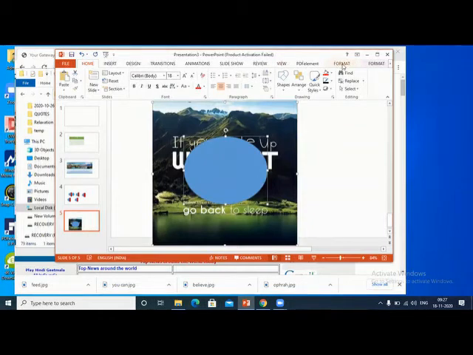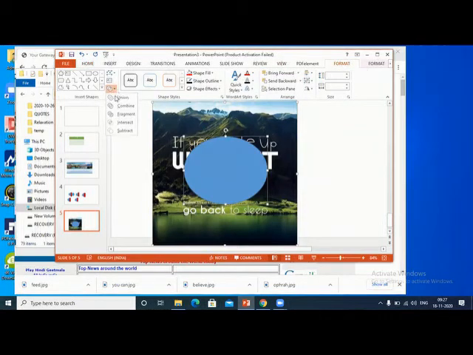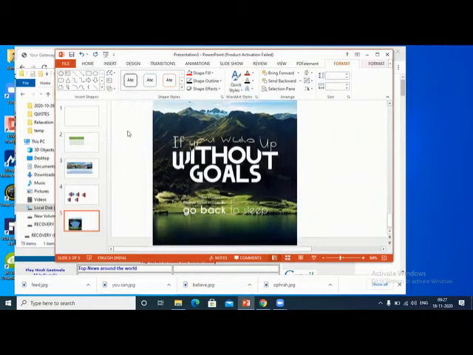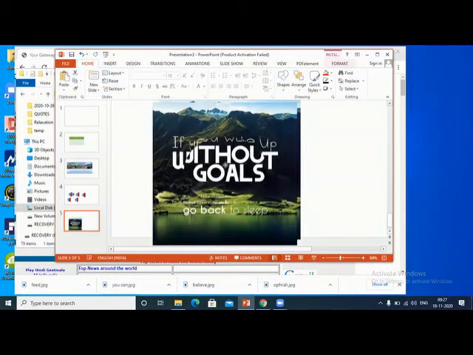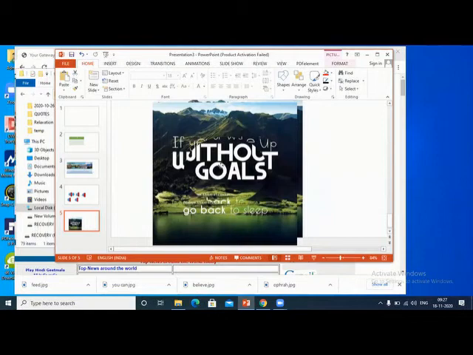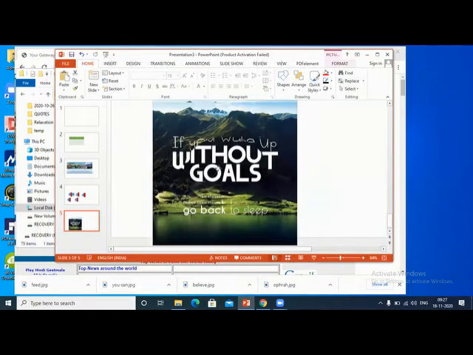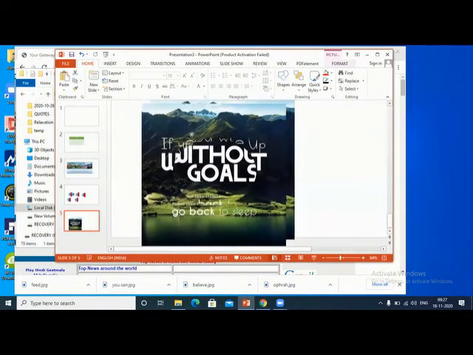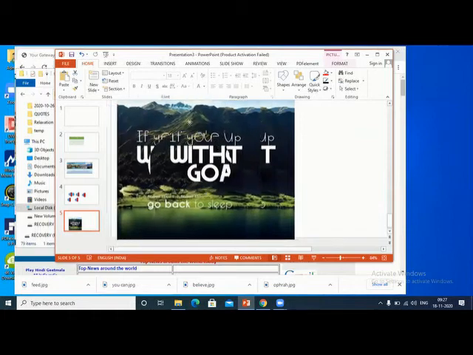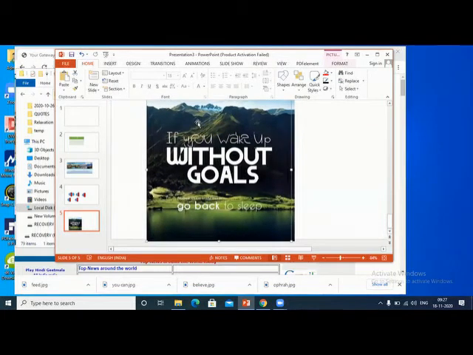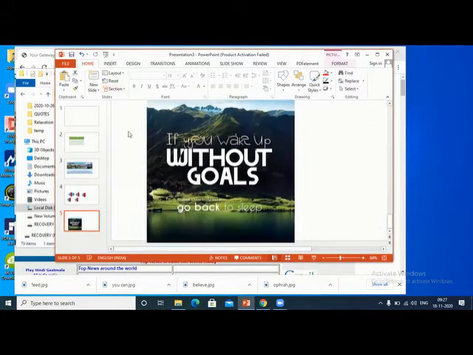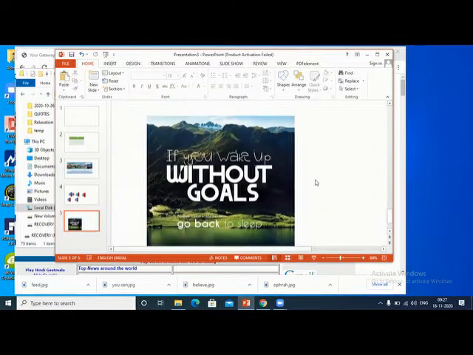I will go to format, merge, subtract. See, the bottom is there. You made a hole. So this is a very interesting command. Merging is very powerful. I hope you got this idea now.